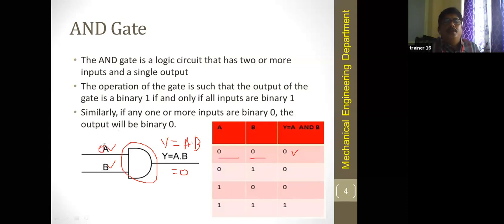If the input A is 0 and the input B is 1, the product of these two is also 0. That is A into B, A is 0 into 1, which is nothing but 0. And the next,